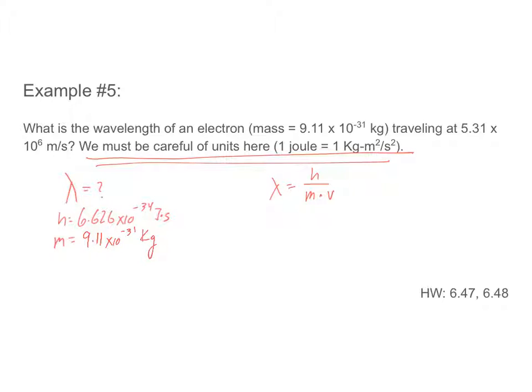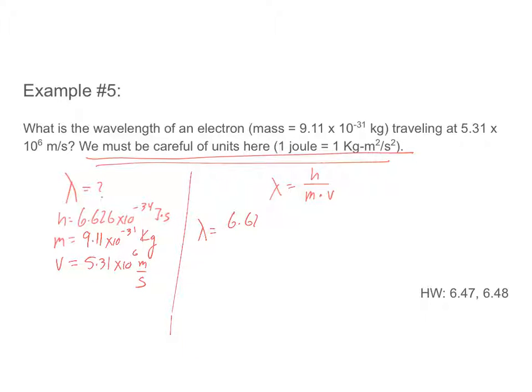And I know that the velocity of the electron in this case was traveling at 5.31 times 10 to the 6th meters per second. So in this problem, all of my units are working out. I don't have to change anything. So I'm going to substitute my values in. So solving for wavelength will give me